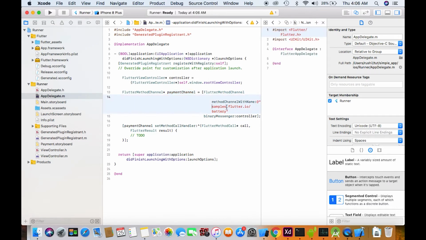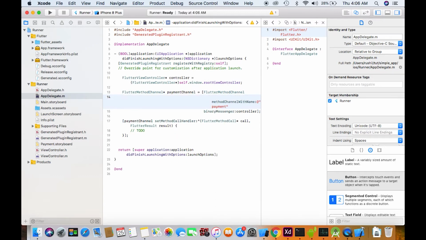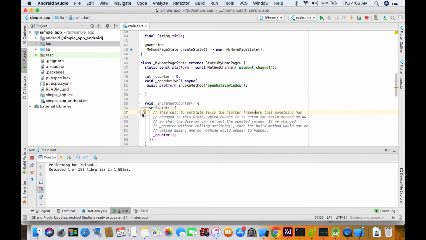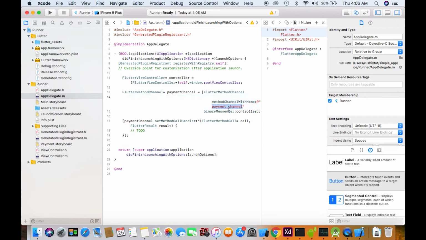It's payment channel. In the Flutter, yeah, payment channel. I'll just copy again and paste it. Now inside this, it's saying payment channel set method call handler, Flutter call.